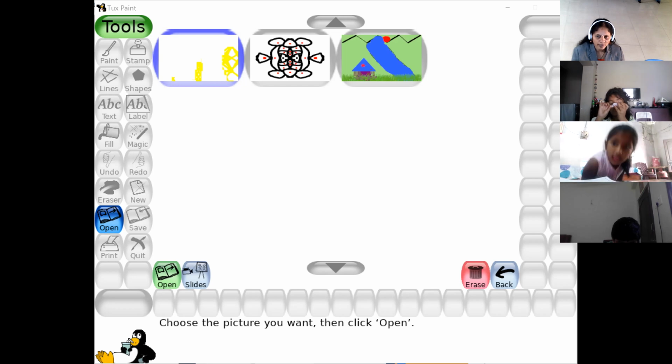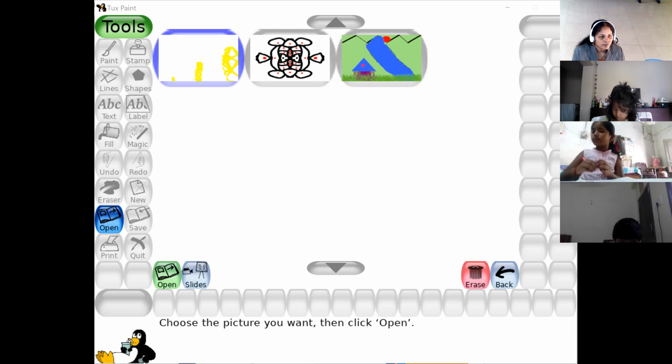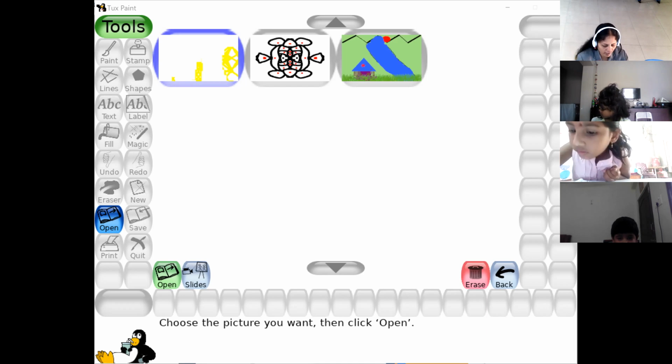Mayuri, take out page number 8. Everyone, you can see this group A.